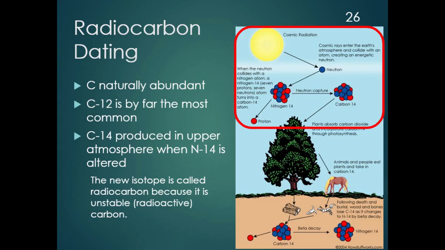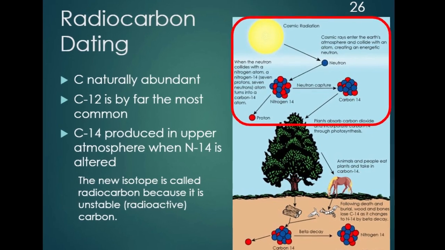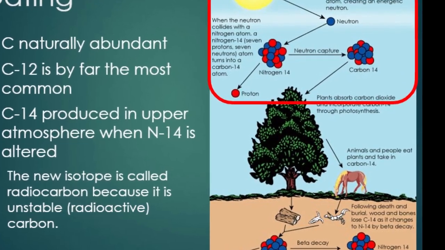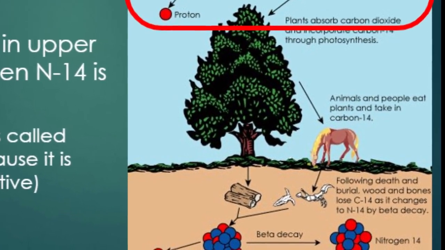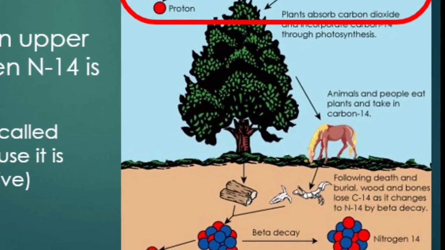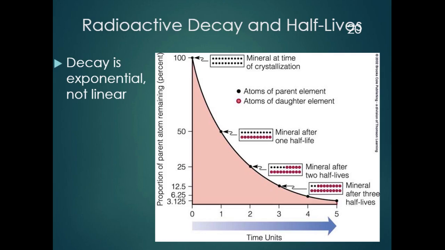These unstable carbon atoms get into the bodies of living things the same way stable carbon does. So in the same calculation method as before, we can compare the amount of unstable and stable carbon in recent fossil specimens, no older than 50,000 years or so, to determine how long the animal or plant has stopped taking in fresh unstable carbon. After enough time, all of the unstable carbon will decay,